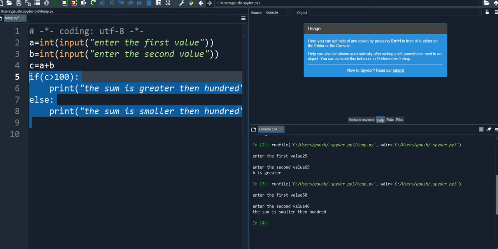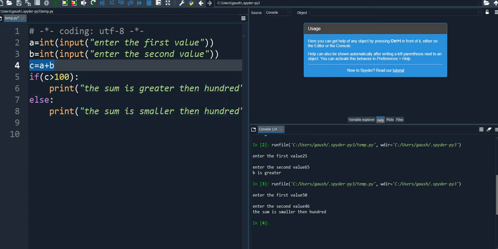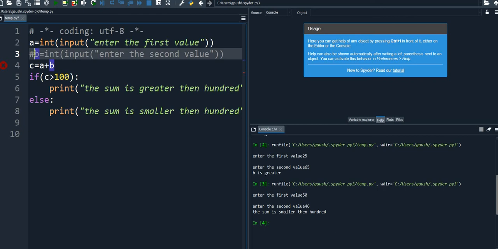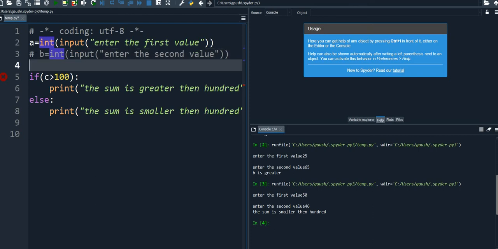Now what you will do in this case, suppose a number a, we will check now. Okay, let's block this. Hash will be used to block the values, to block the statements. It means this statement will not execute because I have used hash over here. Now I will divide: n is equal to